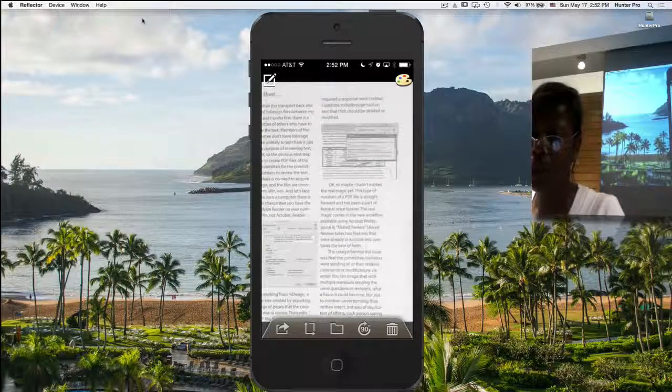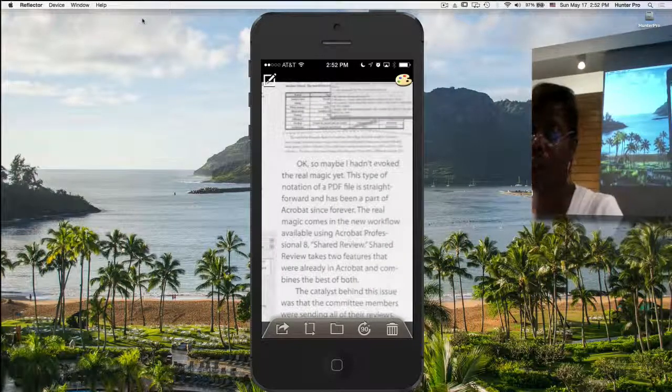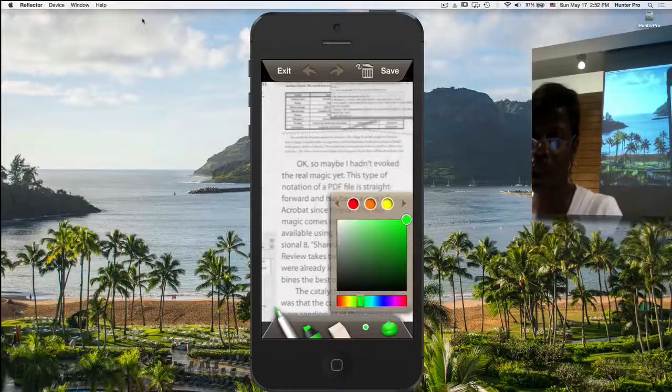And I can also do a few notations. On the upper right-hand corner, you see the palette, and I'm going to click on the palette, and it brings up a pencil, a highlighter, and an eraser. And I can set the width of either just by clicking on this icon and sliding the slider. And I can also set the color just by tapping there and moving that around,